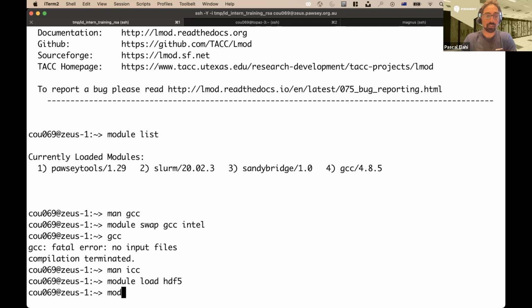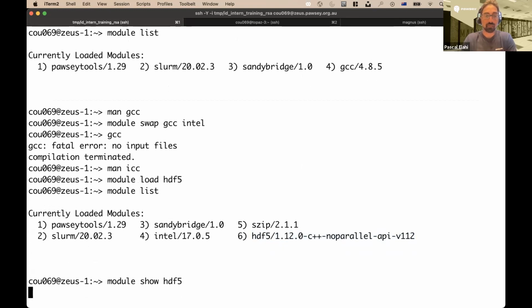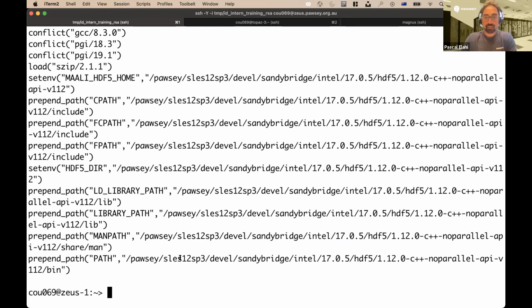And I can go module list just to see what I have. So I have this as my default HDF5. You saw it briefly as we go along. So HDF5, it's got paths. So here's this path, Pawsey, Sandy Bridge, Intel. I happen to be using the Intel compiler, right? HDF5, something else. Now, if I swap back to GCC,